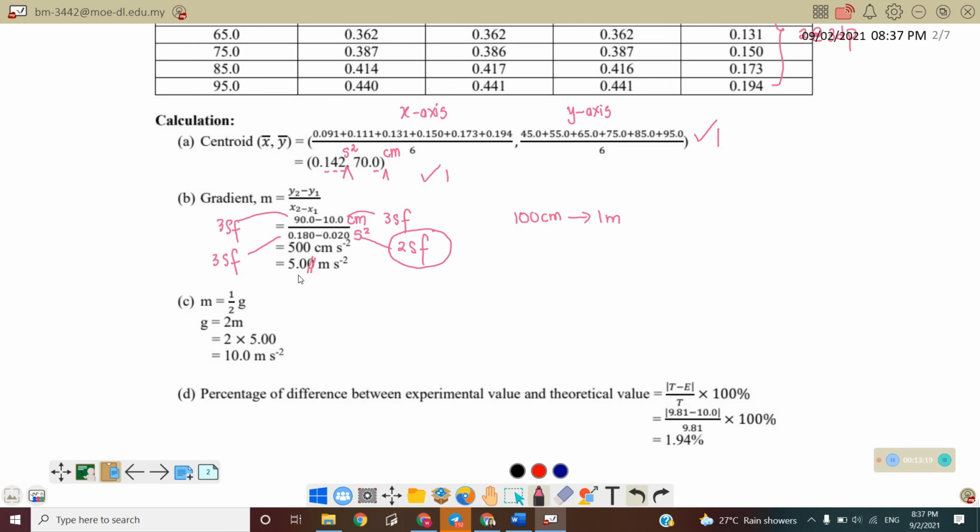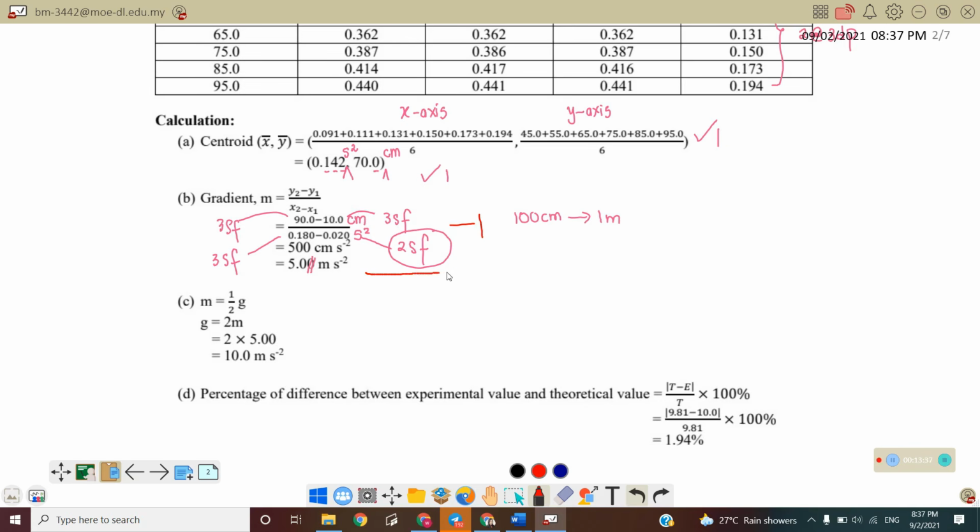Here we must write 5.0 because it is 2 significant figures. So 5.0 meter per second square. Okay, so how can we get marks? If you substitute the value here correctly, with the correct decimal places from the graph,